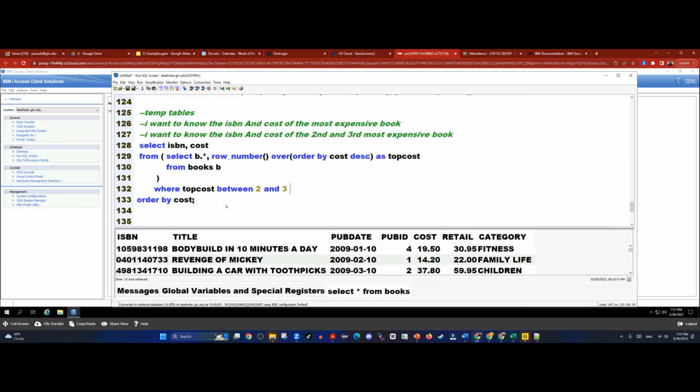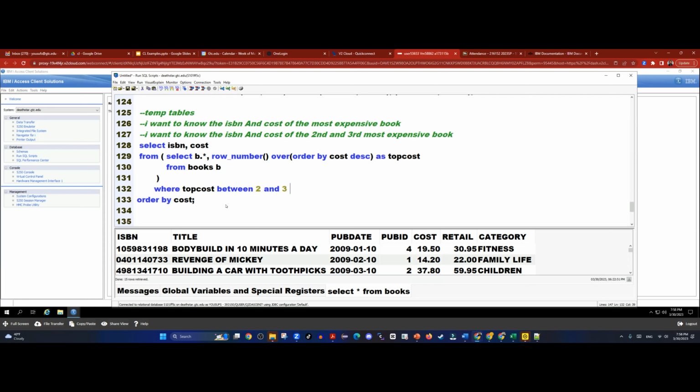I wrote this query a few years ago when there was an interview question for an Oracle database programmer. Back in the Oracle days, I knew the solution to that problem, but I wanted to find the equivalent solution in DB2. So the question was a hands-on interview question: I want to know the top 5 performing salespeople in